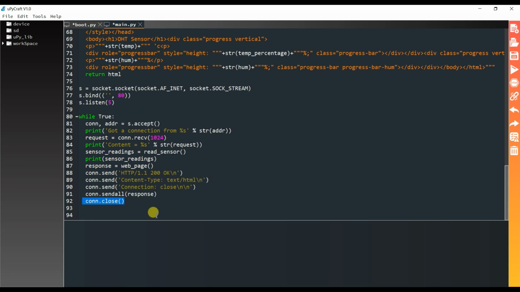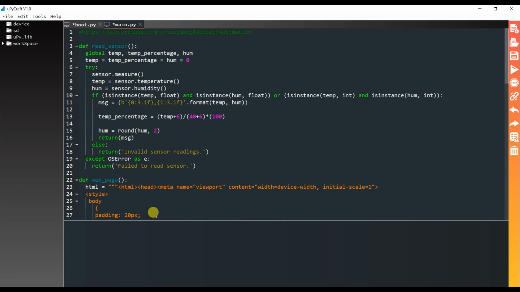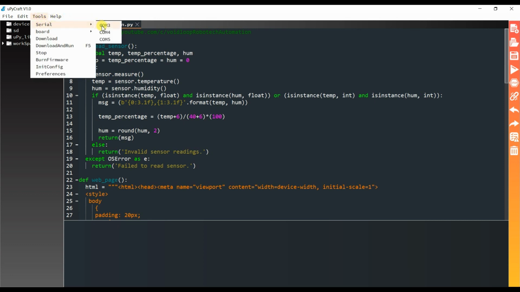Now I will save and connect the board. COM port 3.